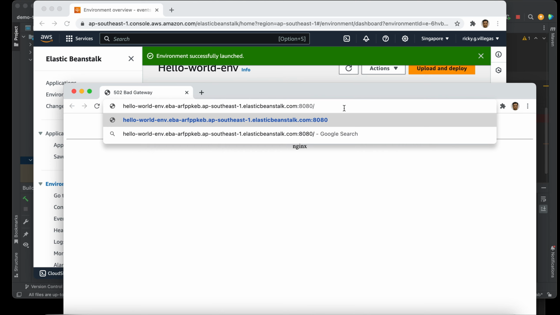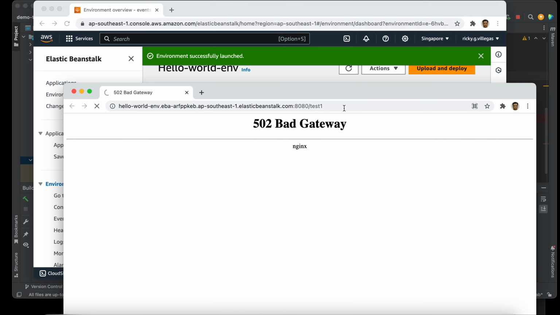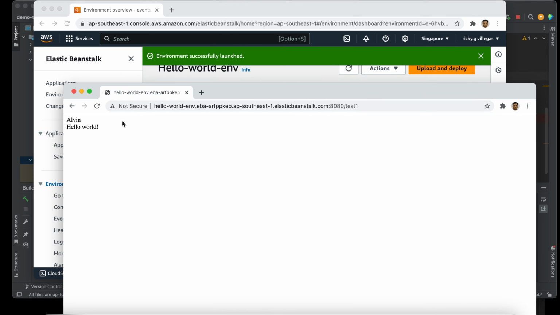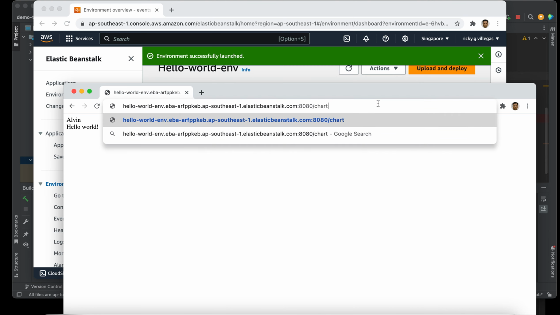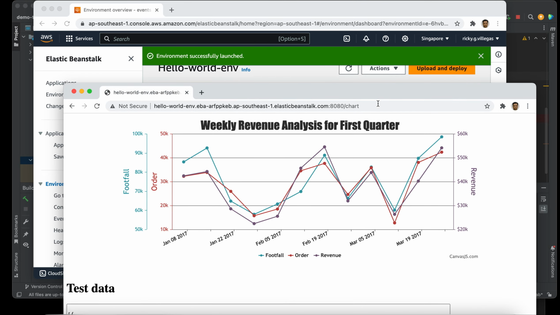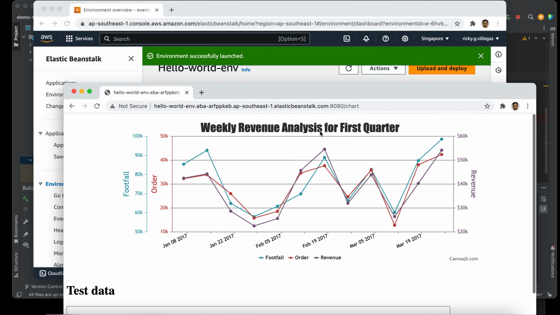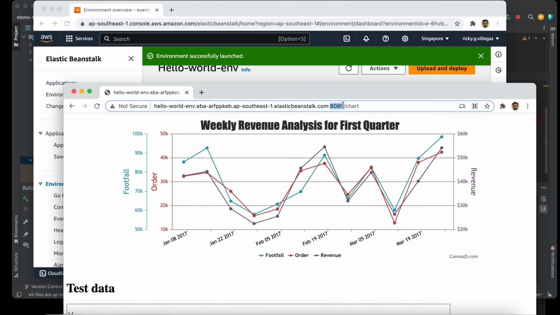Then our endpoint is test1. See, so now we can access using cloud. Then we have another endpoint, it's called chart. Okay, so successfully we can access.